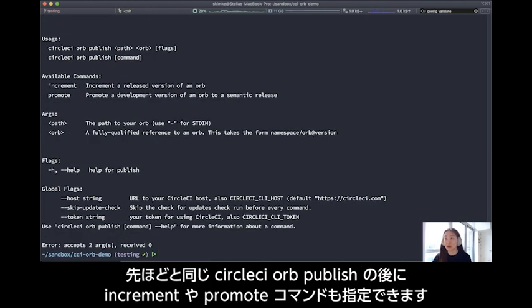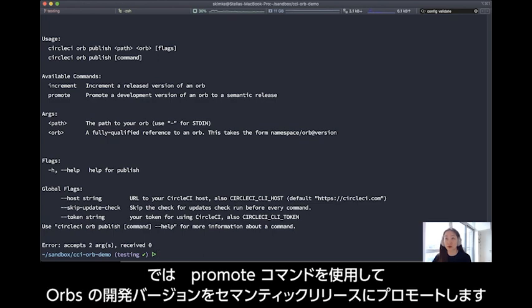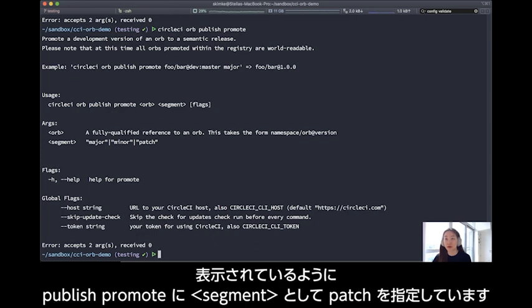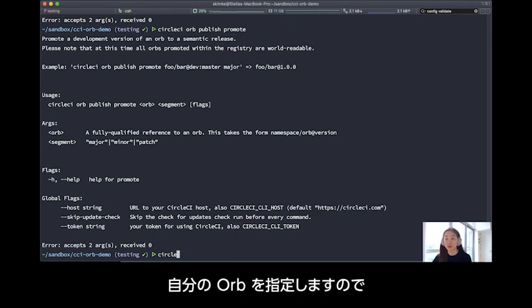So we're using the same command, but as you can see, there's also commands underneath this, such as increment and promote. So I'm going to use promote to promote a development version of an orb to a semantic release. To do that, I reused the publish command with promote passed in. As you can see, these are the parameters I can now pass into publish promote. I give it my orb,